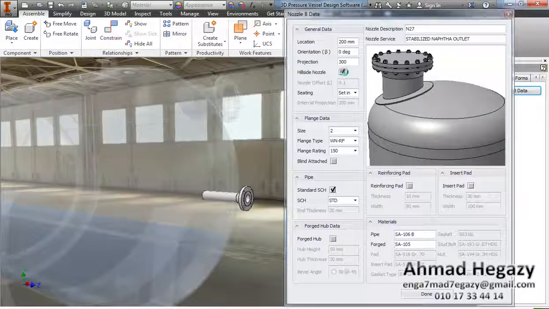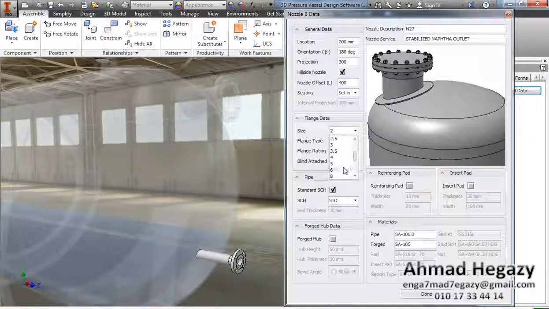We will make it at offset. At 190 degree. With offset dimension 400 millimeters, we will change the size to 12 inches,